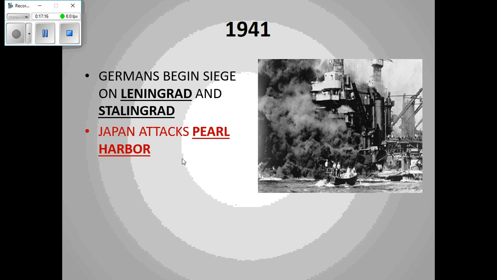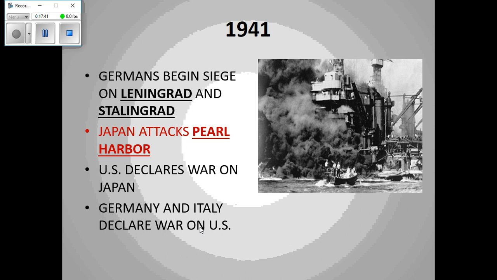Now, on December 7th, 1941, the Japanese, and Hitler urges them on, attack Pearl Harbor, our big naval base out in the Hawaiian Islands. And when they do that, that brings the United States into the war. So we declare war on Japan, and now we're involved too. And then the next day, Germany and Italy declare war on us, the United States, and here we go. So that big event that brought the United States into the war was the attack on Pearl Harbor, our naval base. And so that's the first part. So there you have 1939 through 1941.